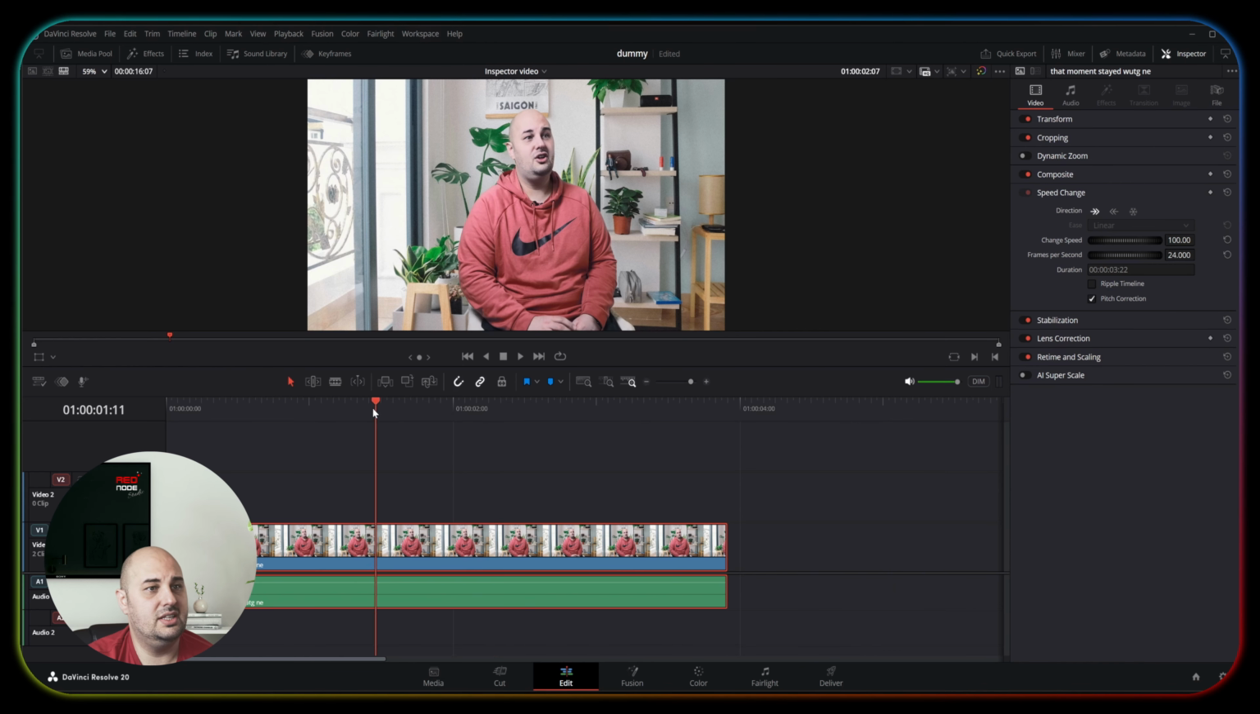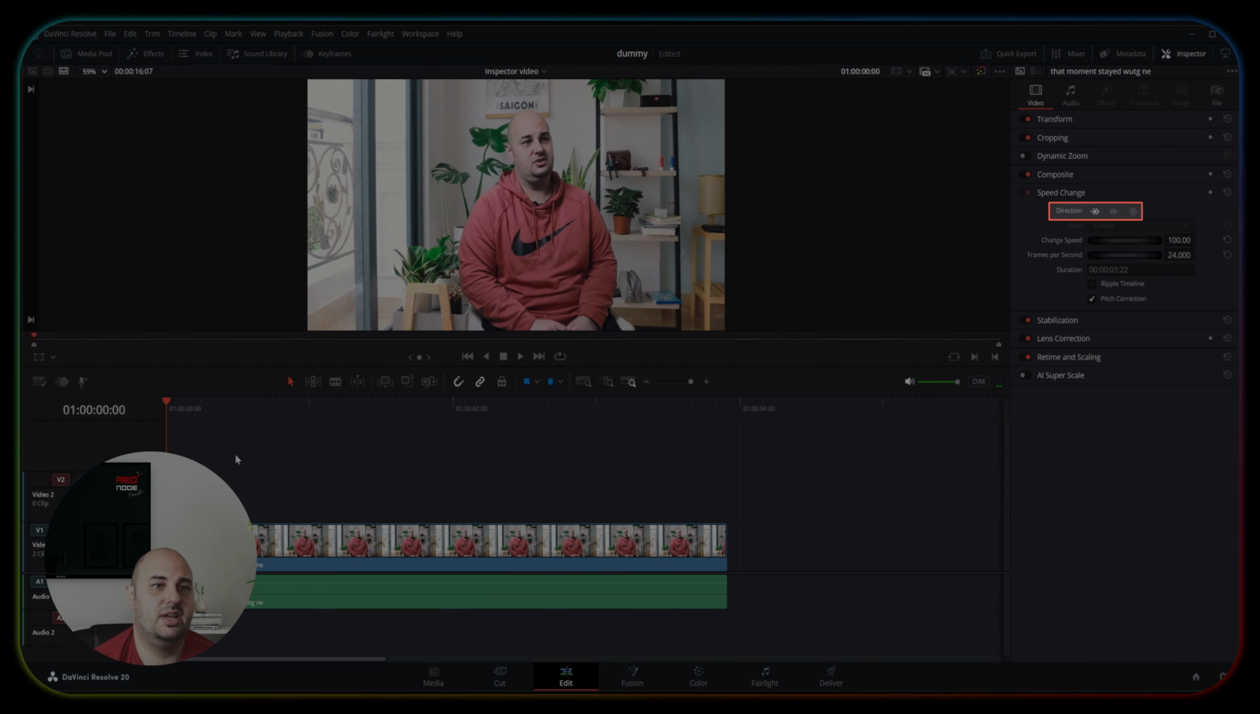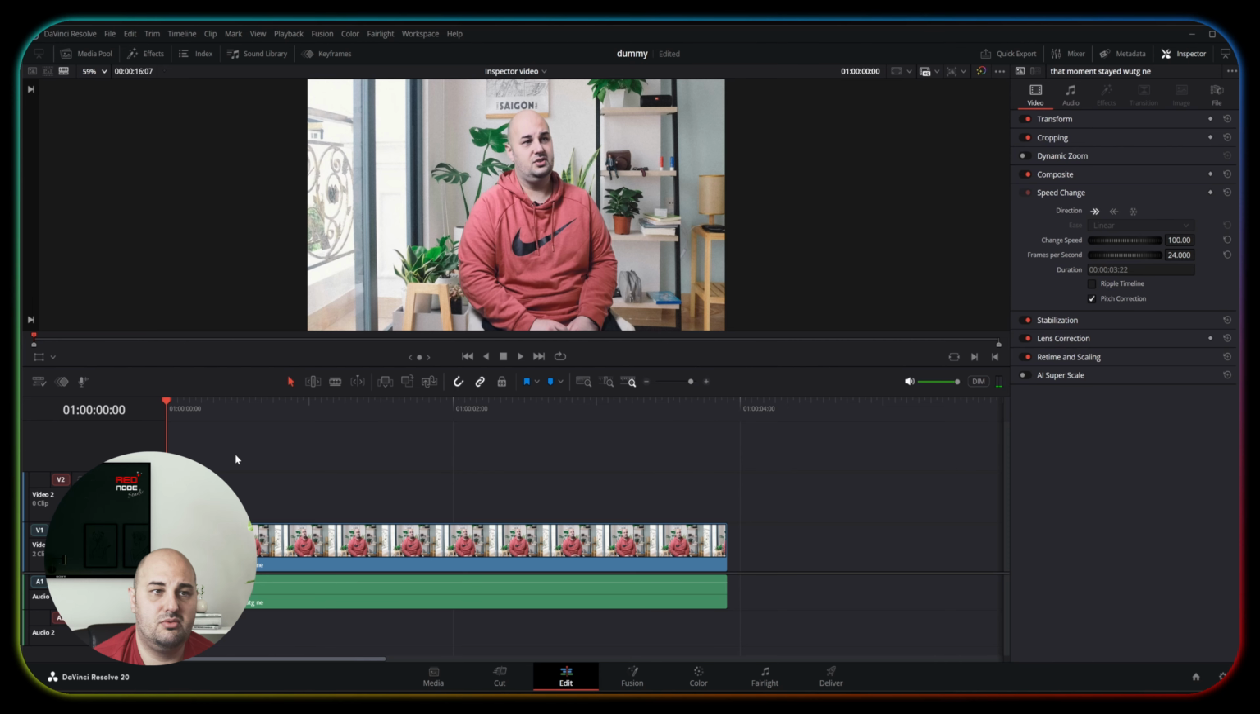The next one is speed change. Basic uniform speed adjustment right here. For variable ramps, use the retime tool separately. Speed direction, which means to choose between the original forward direction of the footage,